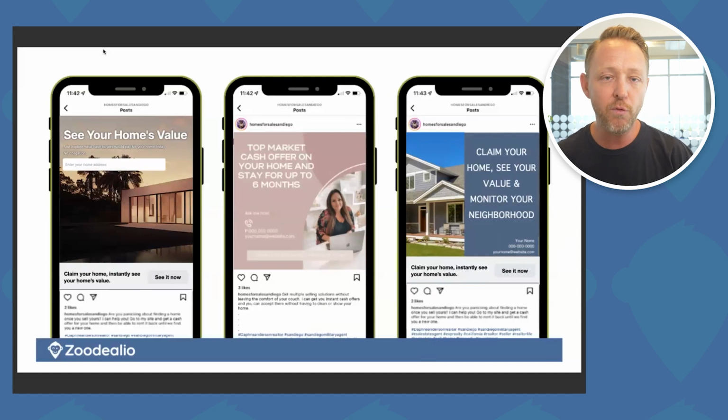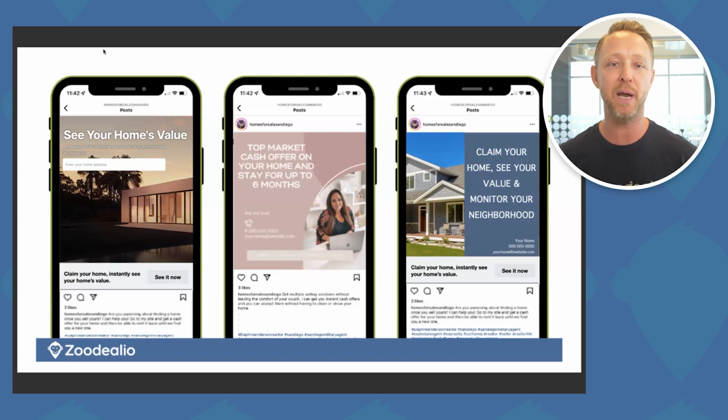But the overwhelming majority of people are just kicking the tires. And a lot of people are kicking the tires 12 months, 18 months before they finally pull the trigger. So that's why we want to take this route of, hey, see your home's value and explore what cash buyers will pay for your house today, or explore all your selling options.